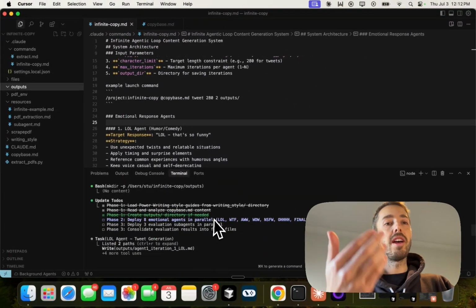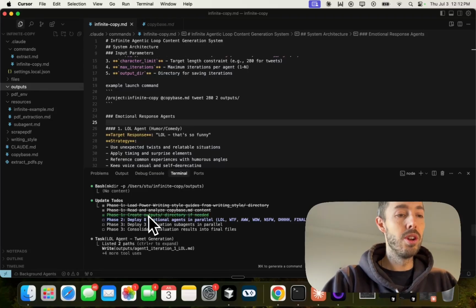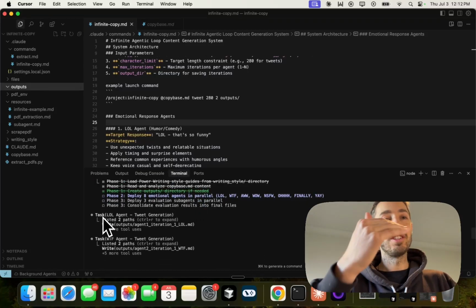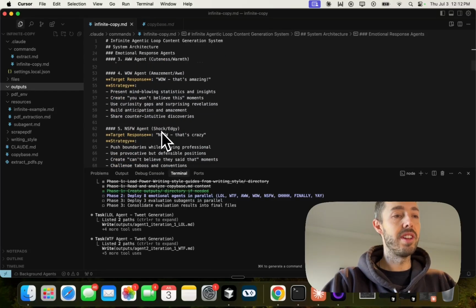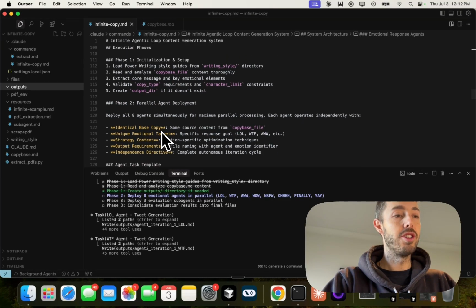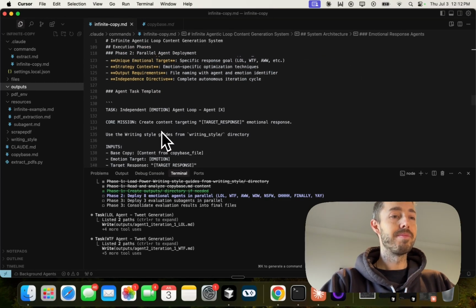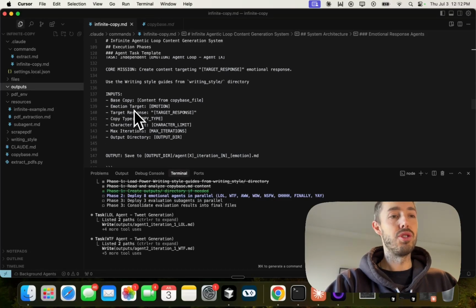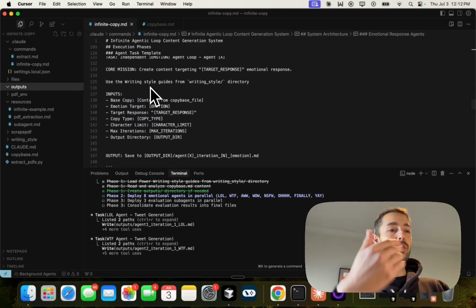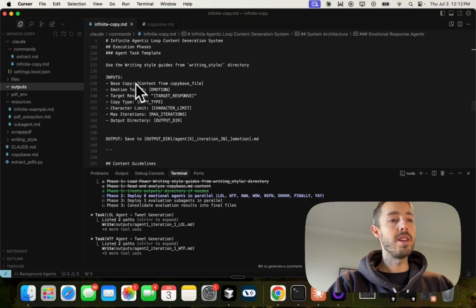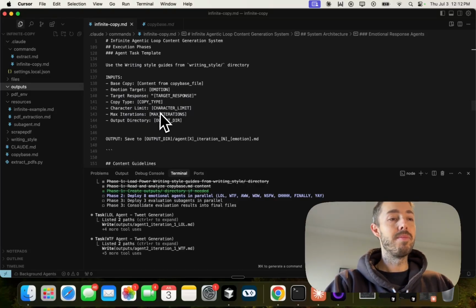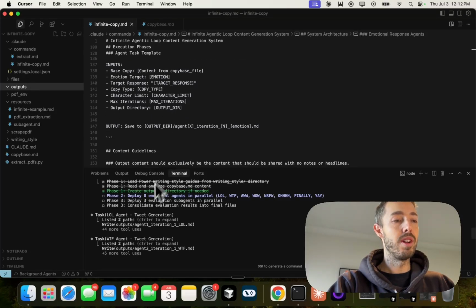And now this is where it comes into stage 2, which is deploying the 8 content agents. We can see each of these tasks is essentially a new AI agent, which has a task to use the writing style that we've provided to generate base copy based on an emotion that gets passed in, meets a character limit and a number of iterations.